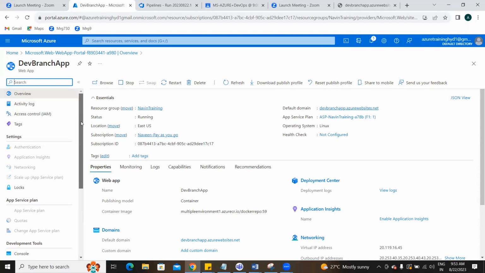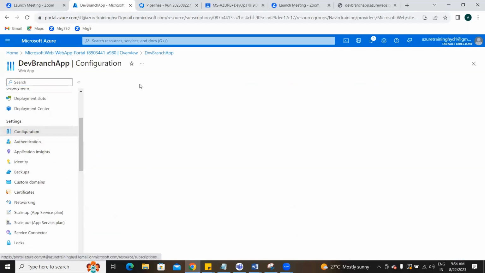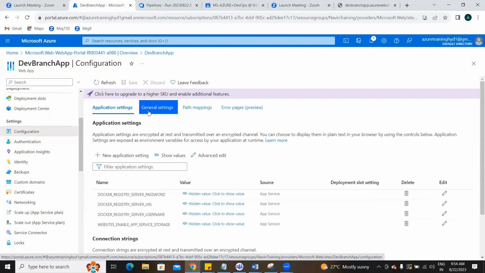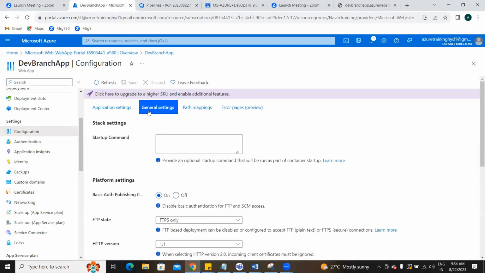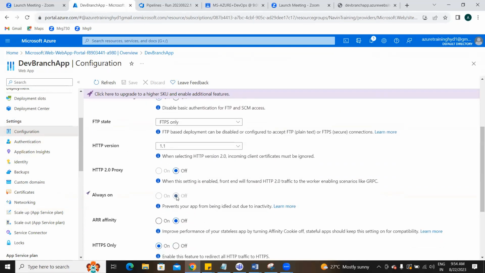It's very slow. Okay, so go to general settings. Always on/off would be there somewhere. It's always off. You have to make it on.